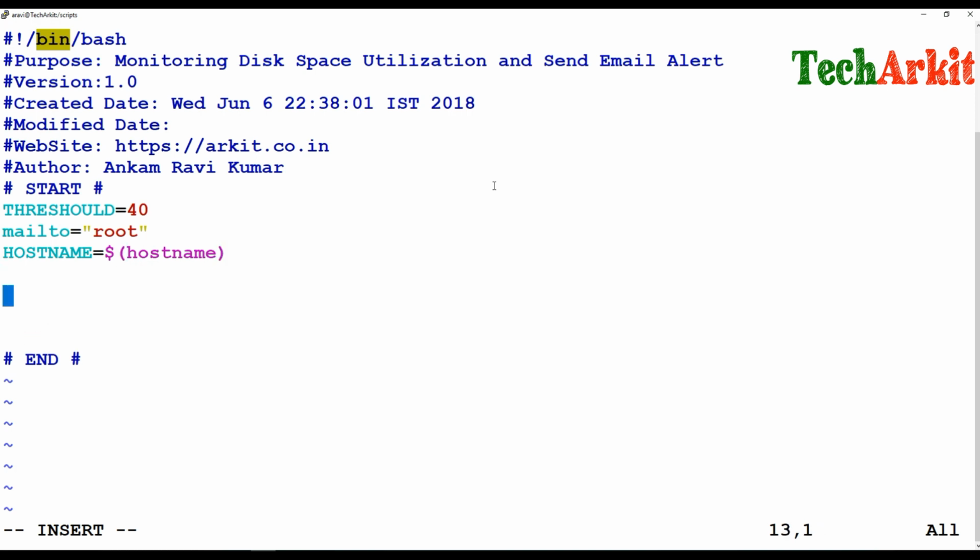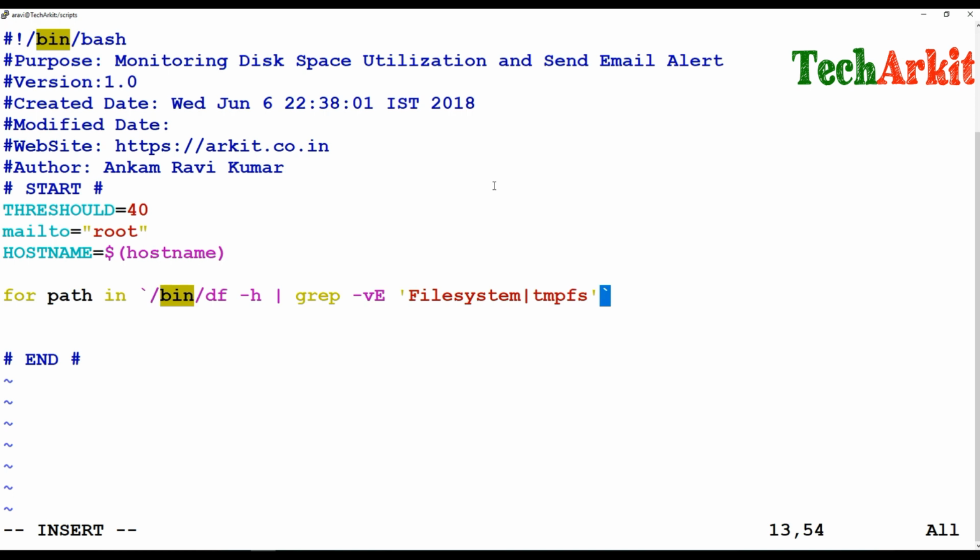First of all I'm going to take a for loop with the variable as path, and for this path I'm going to assign a df command. I'm calling the df command by complete path, df -h, and in this I'm going to grep and exclude the Filesystem header line, as well as the tmpfs file systems.